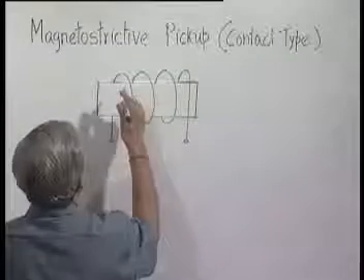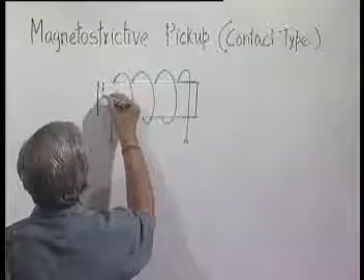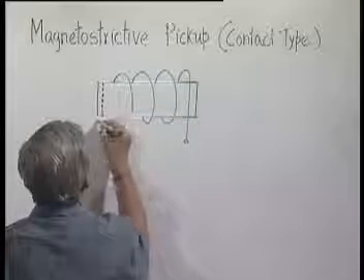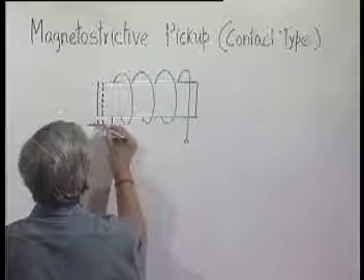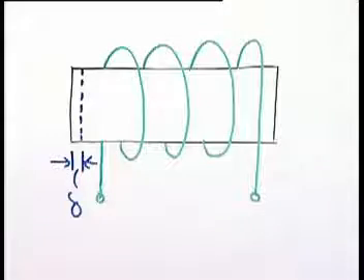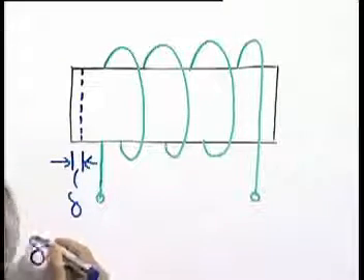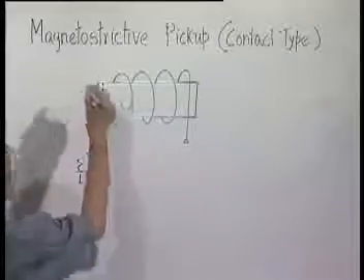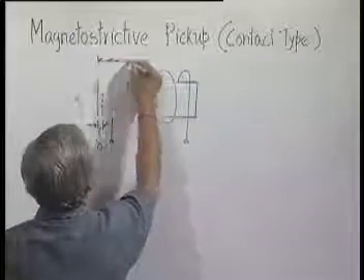This will be magnetized. So what may happen? The length of this object may undergo a small change. Now this delta L, coefficient of magnetostriction, L being the length of the object,